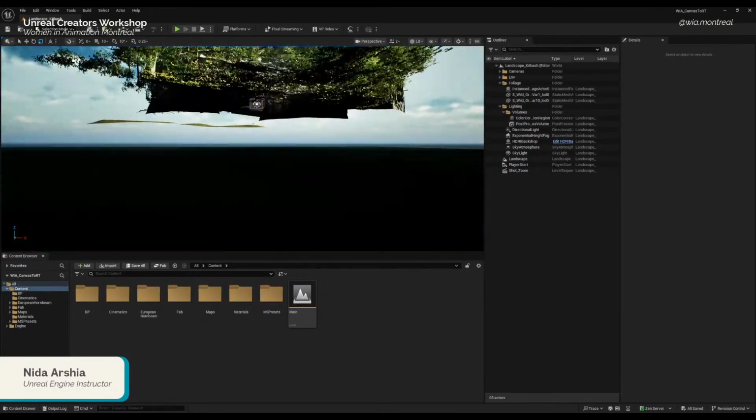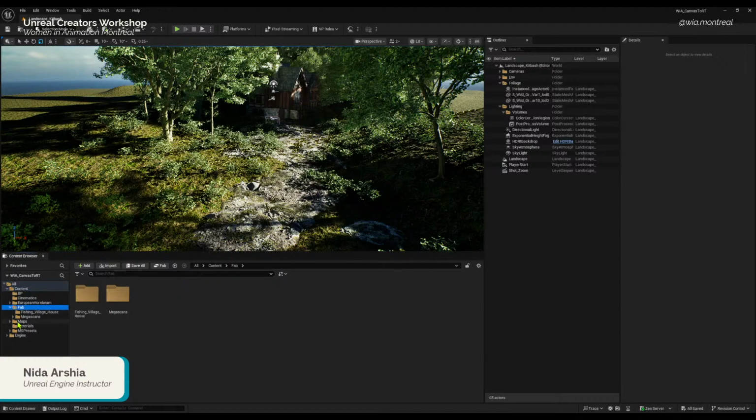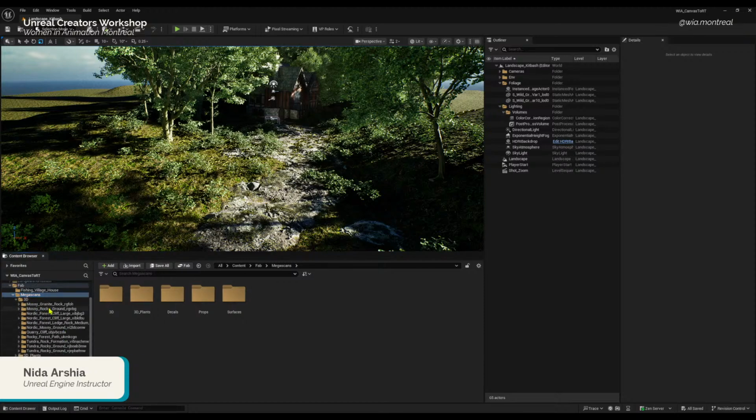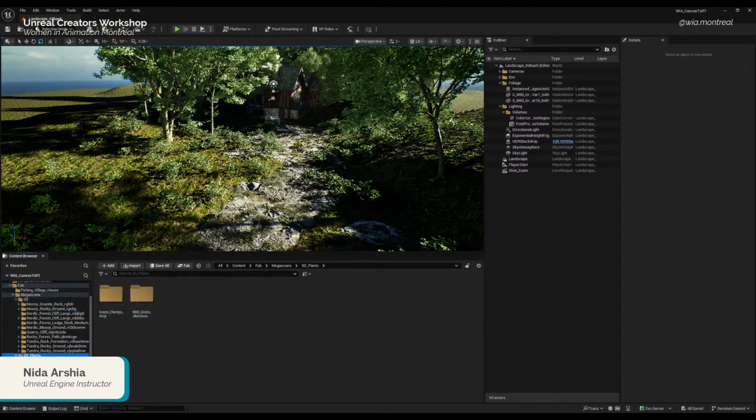So what we're going to do is we will be adding some things. The exercise that you'll be doing as you're following along is we have this Fab folder which has a Megascans folder inside, and then there are some props in here, some trees and assets, some plants.